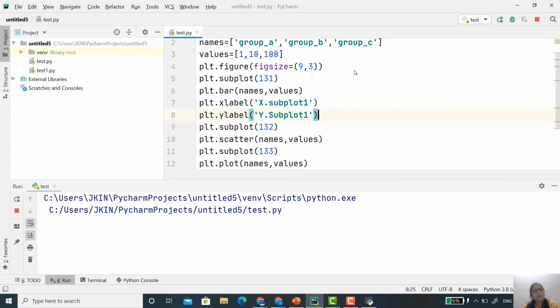So I hope this fundamental is clear. If you find any difficulties or any query, then please feel free to ask. In our next session, we will use some mathematical functions, and we will generate some sine wave using Python. And if possible, we will write one amplitude modulation code in Python. Thank you.